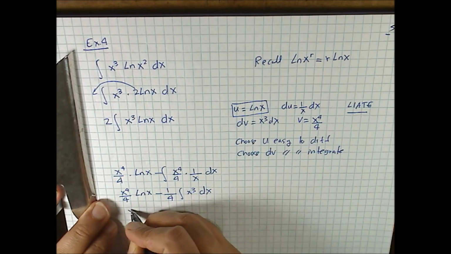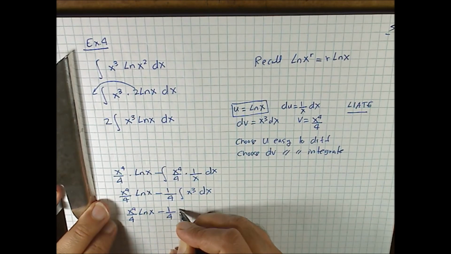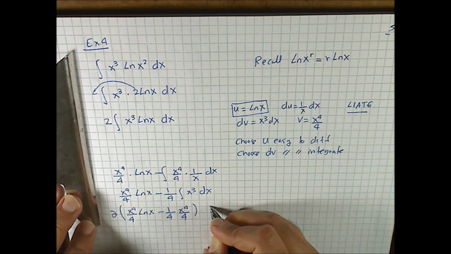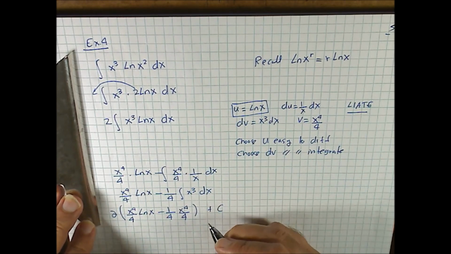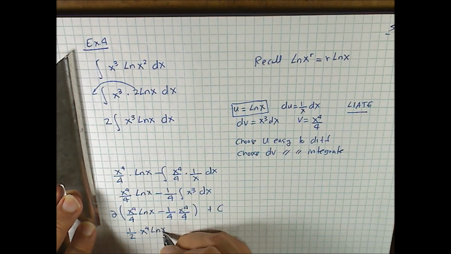We get x to the 4th over 4 log x minus 1 over 4 x to the 4th over 4, 2 times all of this plus c. Let's simplify a little bit further and we get 1/2 x to the 4th log x minus x to the 4th over 8